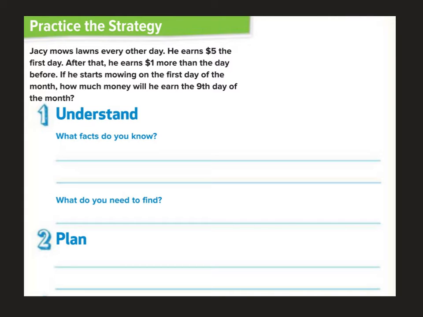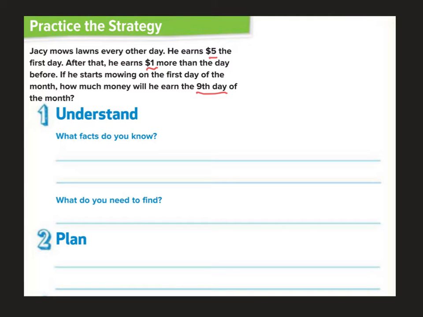No. I would rather you pay really close attention and say, okay, I understand, than for you to get focused on writing it all down and then you miss something. So here we go. JC mows lawns every other day. He earns $5 in the first day. After that, he earns $1 more than the day before. If he starts mowing on the first day of the month, how much money will he earn the 9th day